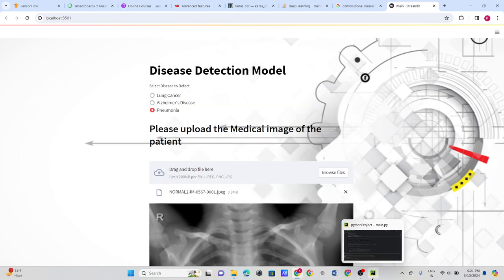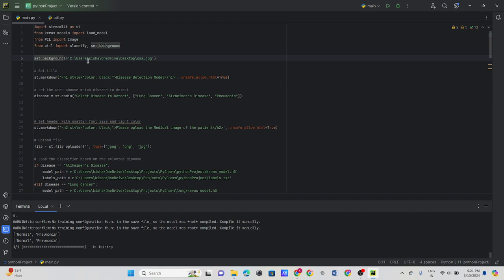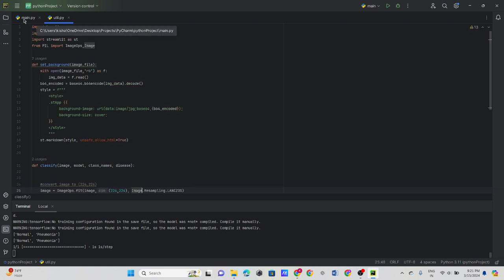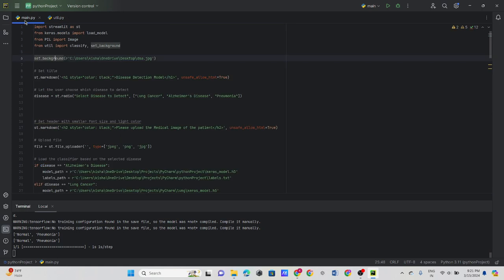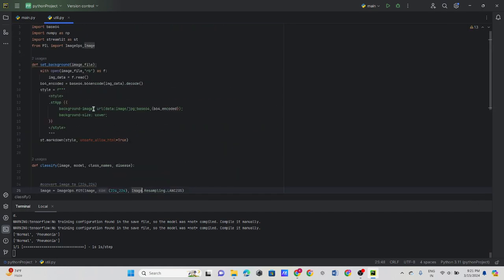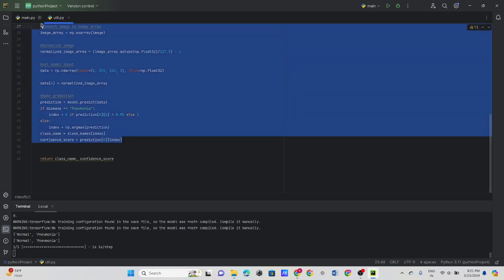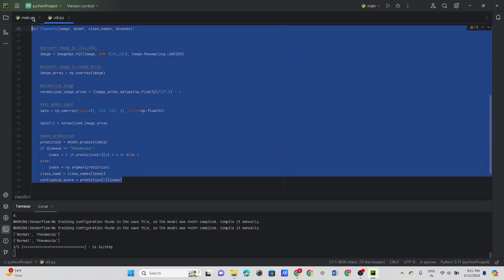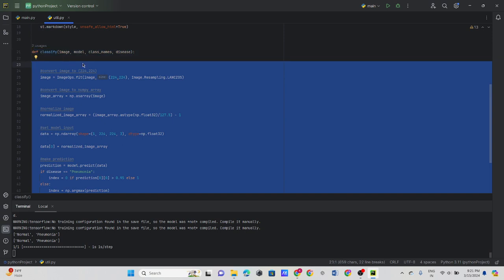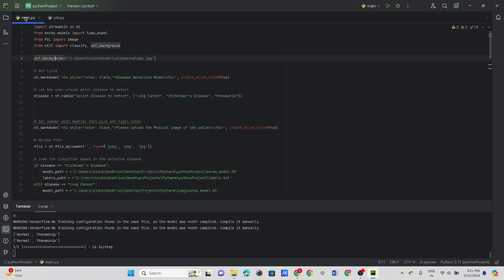So if we talk about the code which was written for creating this project, it is made up of two Python files, main and util. I have used Streamlit for creating the API and a convolutional neural network for training and making the machine predict. The CNN is implemented here. So if we go from the beginning,